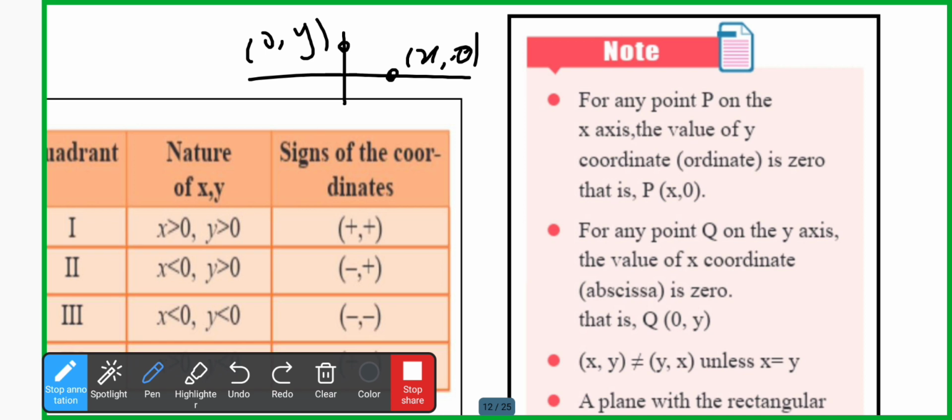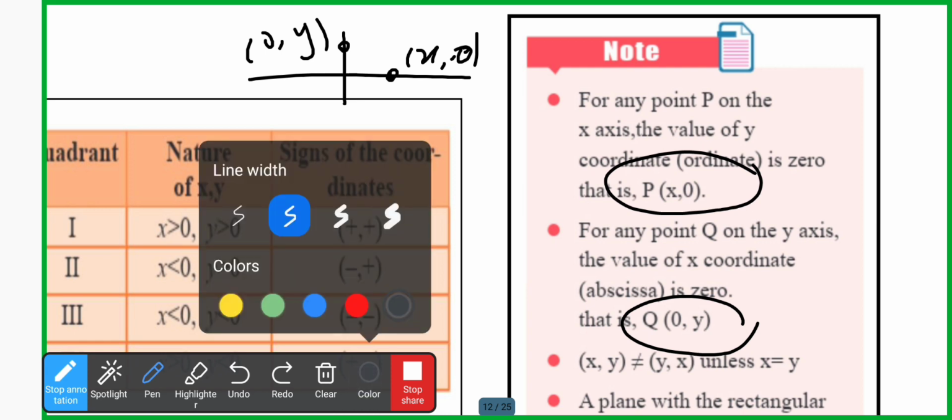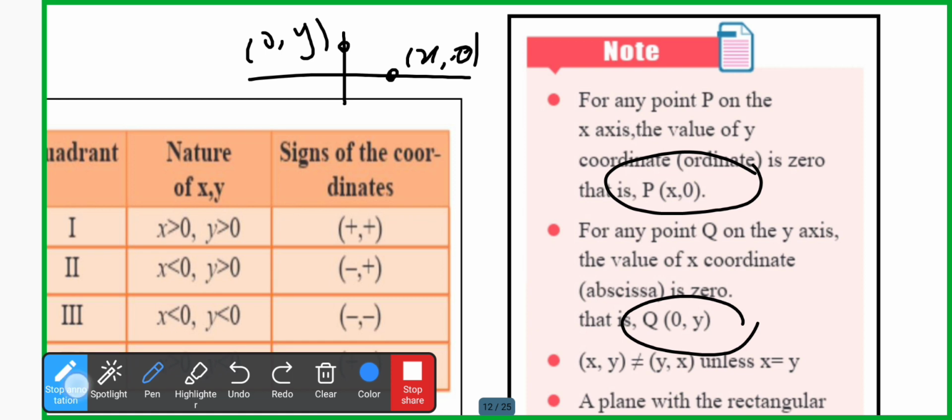So you should know that if they are saying there's a point on the x-axis, it means that point would be (x, 0). And if they are saying the point is on the y-axis, it means the point is (0, y). You have to remember this because this can be a part of the question. Okay, next point is this,